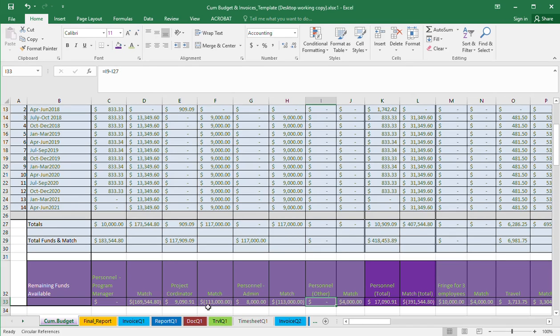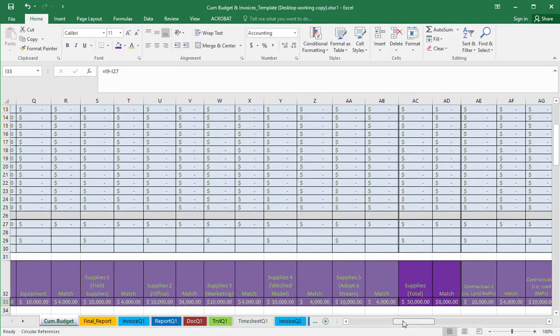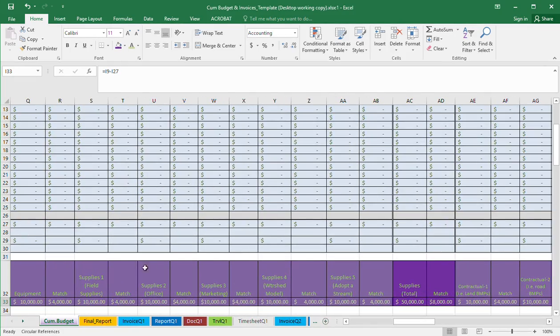Again, these numbers are in green, so they'll auto-populate. The green is just a little bit different color green here as it's overlaid with purple. We have our sub-buckets for personnel, and then the darker purple denotes it's a grand total for the previous sub-buckets in personnel in this case. And of course, we can see that on down the line for all our supplies sub-buckets, supplies 1, 2, 3, 4, 5 I've created with the grand total there again in the